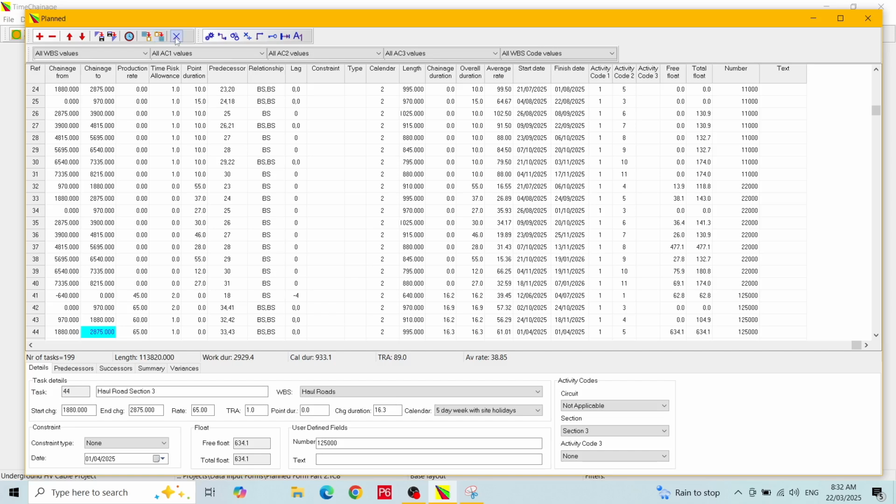The next button closes the planned form. By default, scheduling will be carried out when you close the form unless you turn that feature off in the project preferences. This acts as a safety net in case you forget to schedule when you finish working in the